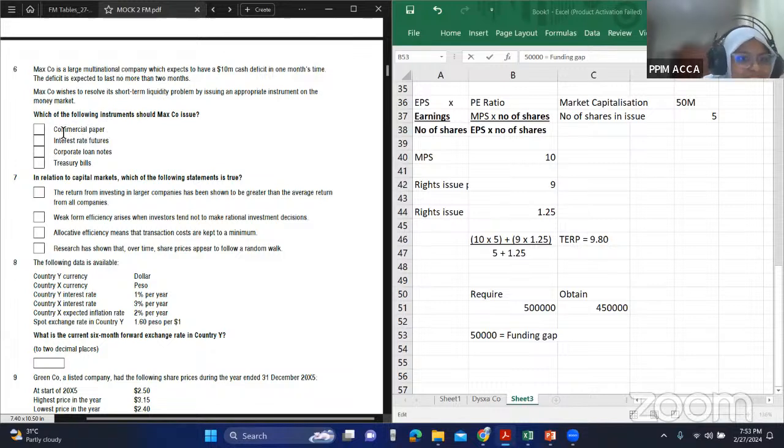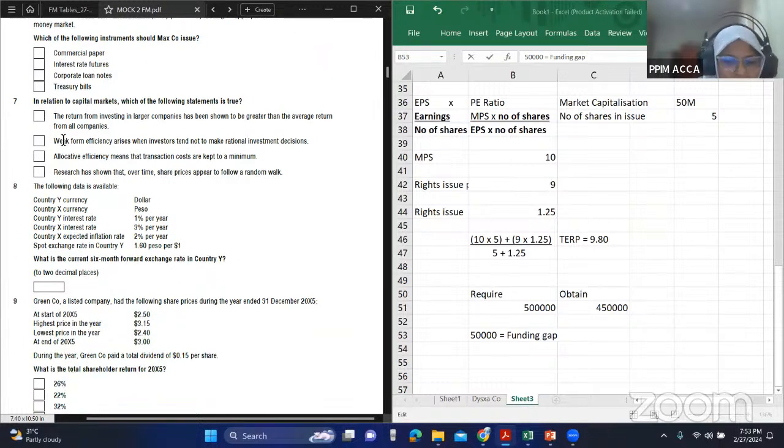So the only thing that fits into this is the commercial paper. Why? Because that is also something that you can issue. Like a share, you can issue a commercial paper. Somebody will buy it. Usually it's for the short term, less than 1 year. And you can repay that person once you're done with that period. So after 2-3 months, you can repay that person. So the only thing that fits into the criteria is the commercial paper. Okay.